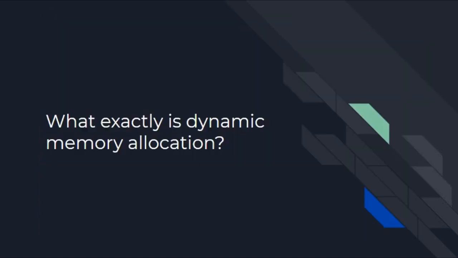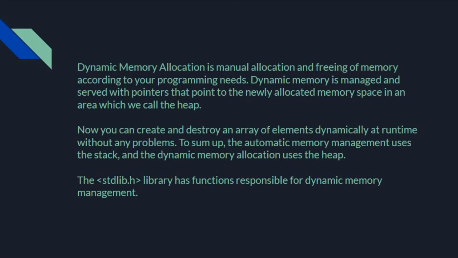Now, let us try to understand what exactly dynamic memory allocation is by knowing what it is used for. Dynamic memory allocation is primarily used when you encounter these two scenarios. One, when you don't know how much memory would actually be needed for the program to run. And secondly, when you want to use your memory space efficiently. For example, if you have allocated memory space for a 1D array of 20, and you end up using only 10 memory spaces, then the remaining 10 spaces would be wasted, and this wasted memory cannot even be utilized by other program variables.